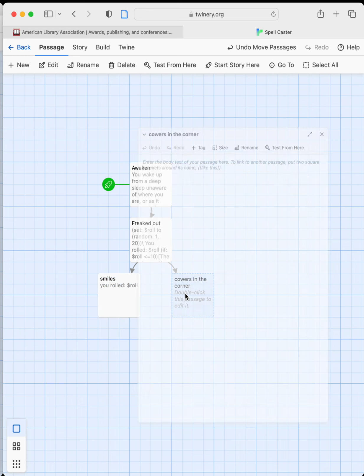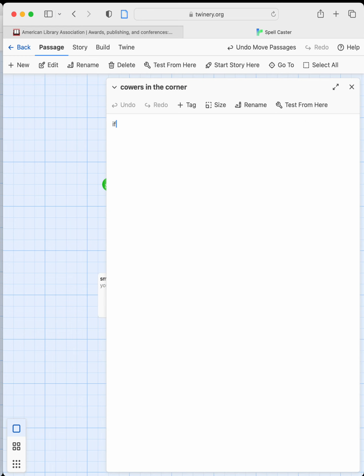And what that might do is, what if I had an if statement, and we're using the universal variable, roll, because it's still set,